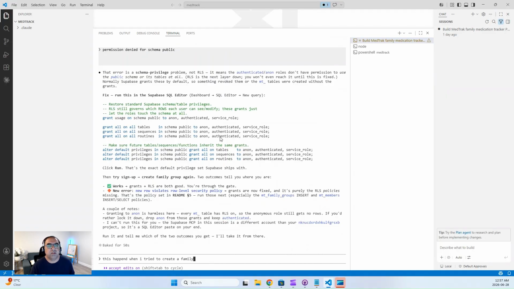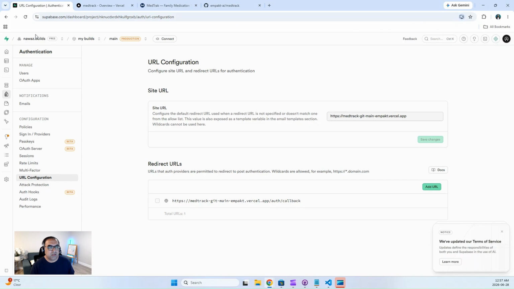Okay. Run this in Supabase SQL editor. Okay, let's try doing that over here. All right. Click run. That's the exact default privilege set. Try sign up then. Okay, no problem. We can do that. So you go to the SQL editor,